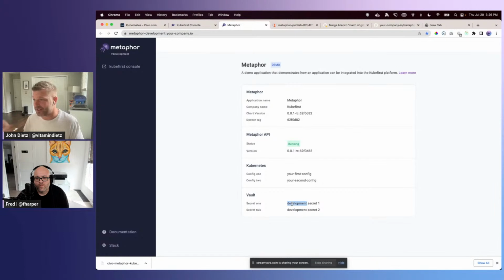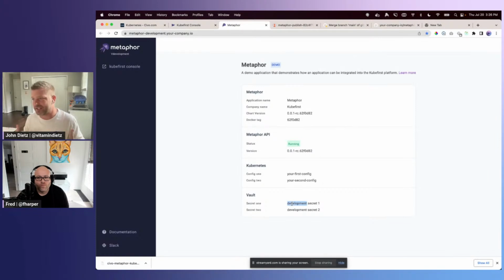Or sometimes there's sensitive values that are different from environment to environment as well, like a database password, because you have a different database in dev and stage and prod. Maybe it's the same username, but a different password in each one of those instances. And you need a way to be able to separate that instance-oriented configuration, whether it's sensitive or non-sensitive.